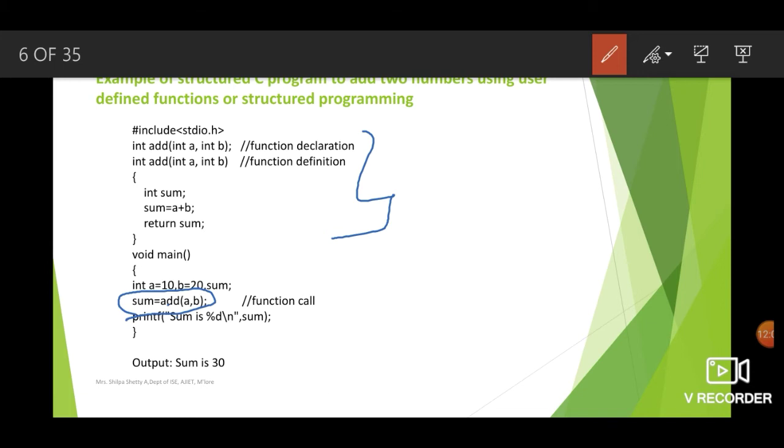So in simple words, it's like this. If you have to find the sum, then we need two integer variables whose sum has to be found out. That is nothing but a and b in our case. So a and b should be passed as parameters. Parameter means something like data to the function. In simple words, it's like asking a question.